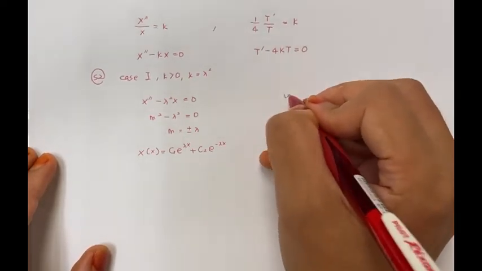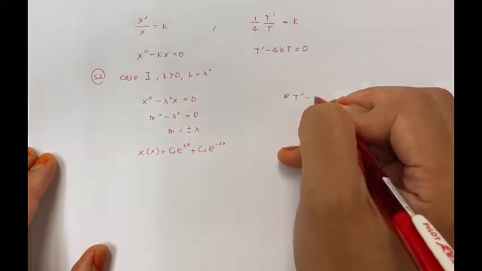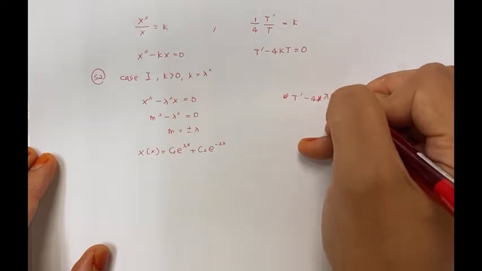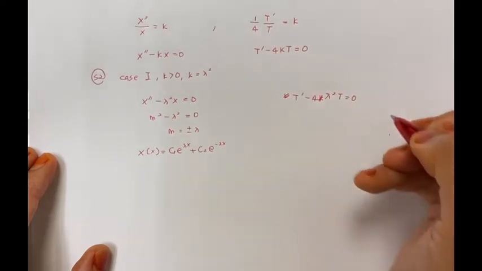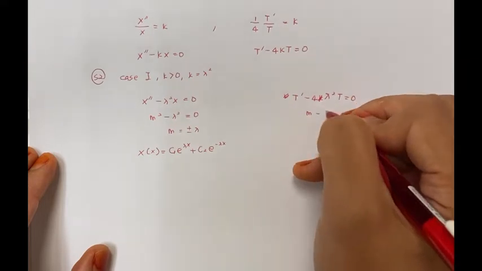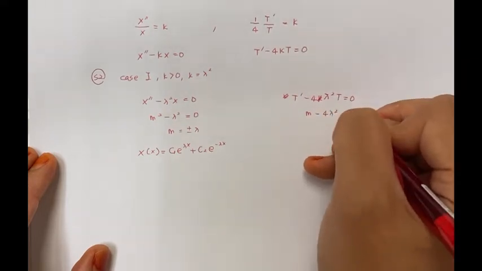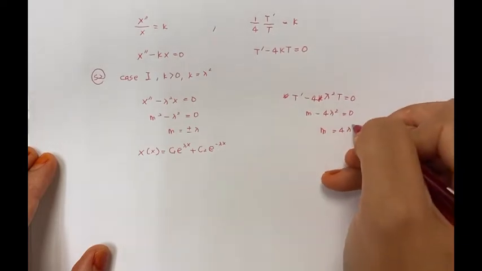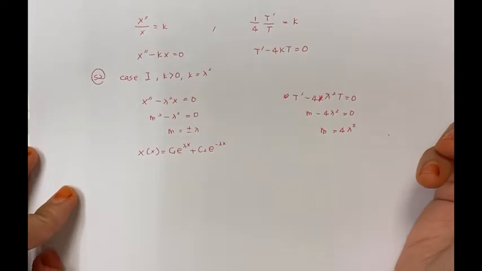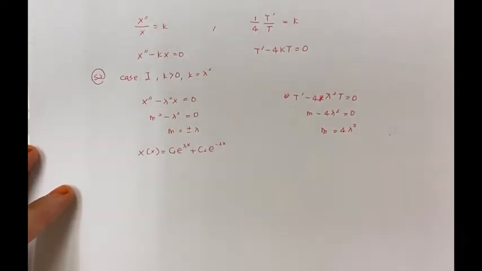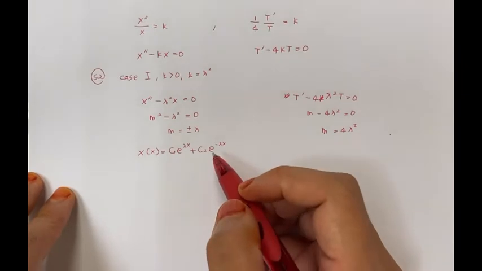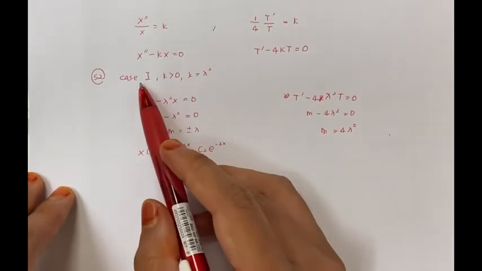And then T, for this case T prime minus 4kT, substitute with lambda square, equal to 0. m minus 4 lambda square equal to 0. So m is equal to 4 lambda square. For the full steps of the method of separation of variables, we would write u(x,t), but before we continue with the second case of k,